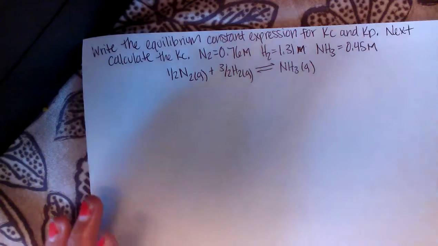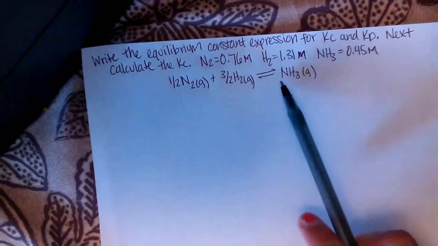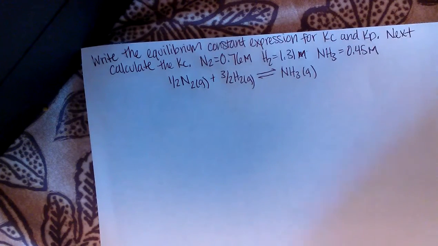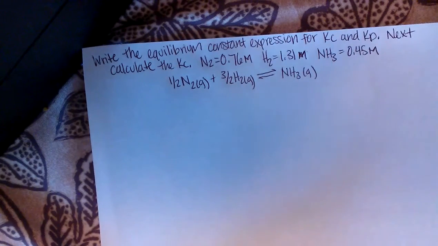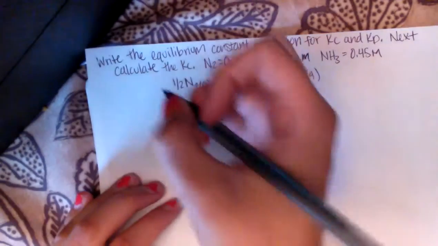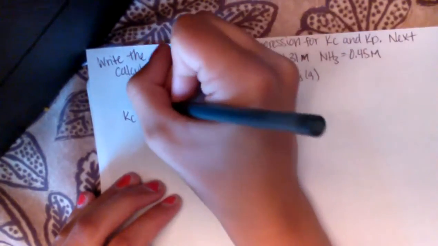They're not too difficult. Basically, how you're going to write it is you're going to be doing the products divided by the reactants, and then whatever the coefficient is in front of the reactant or product, you're going to put it to that power. So I guess as I write this it will probably make more sense. So for Kc, we're going to be doing